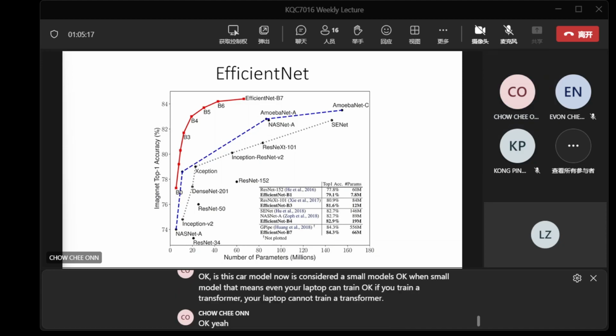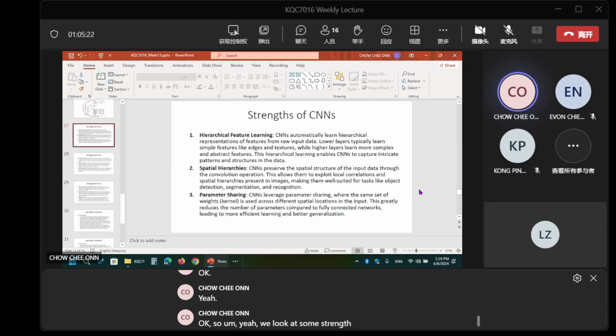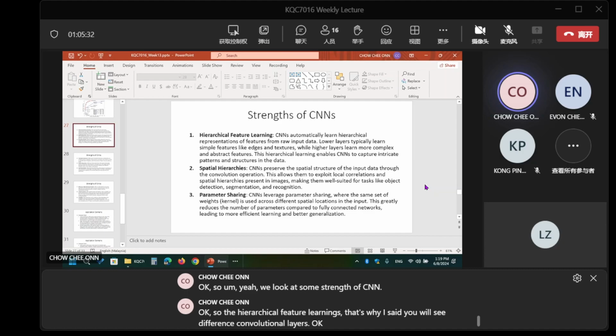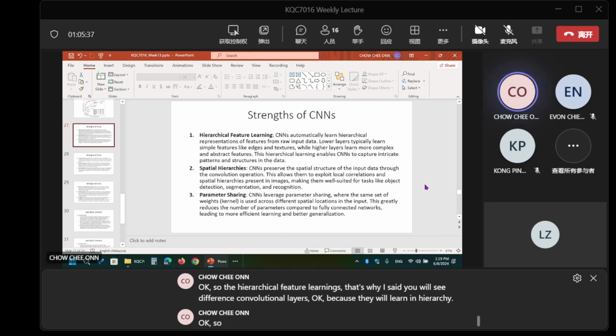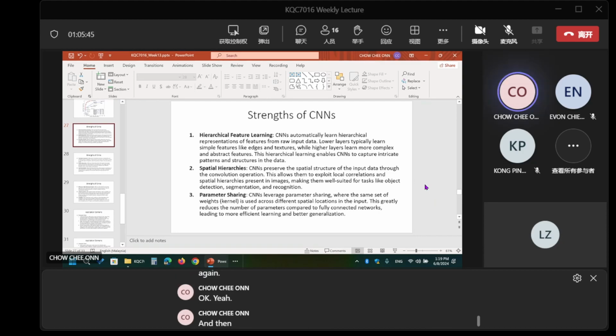So we look at some strengths of CNN. First, hierarchical feature learning. That's why you will see different convolutional layers, because they learn in hierarchy. From the input they learn the features and then they learn again. Then spatial hierarchies: they preserve the spatial structure of the input through the convolutional operations.